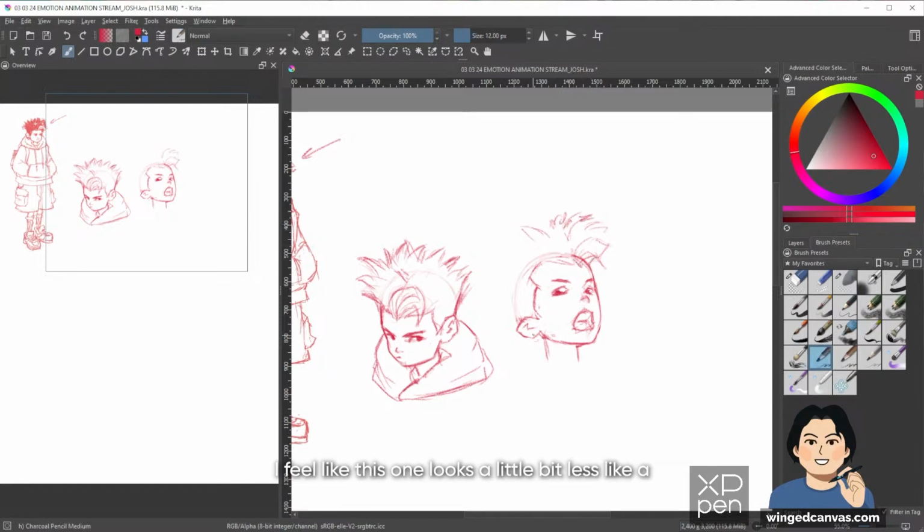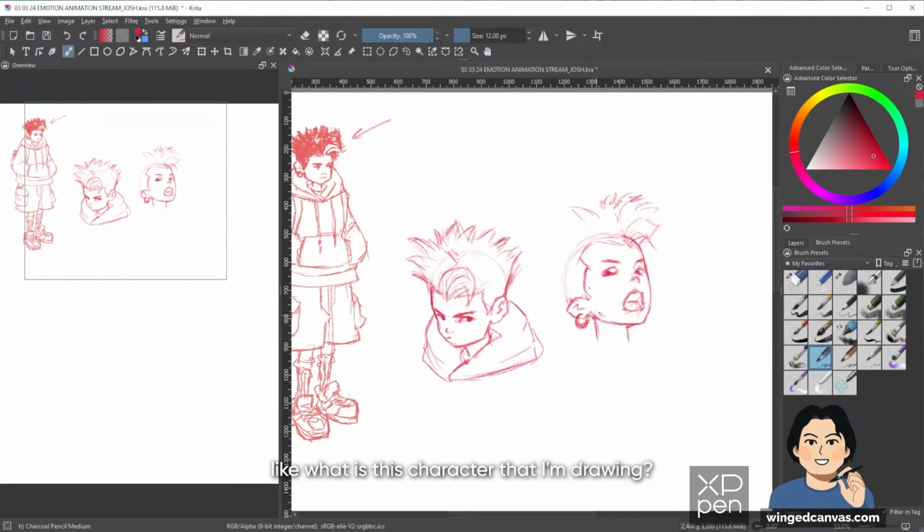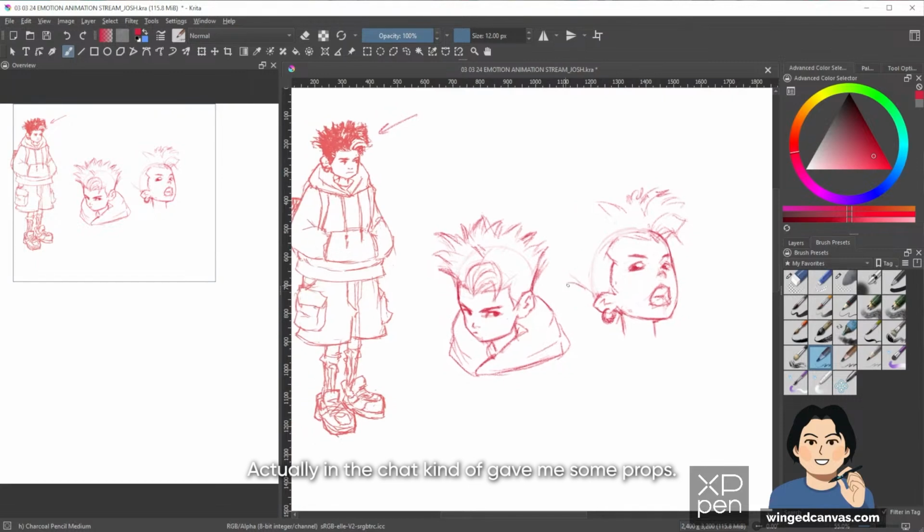Okay, I feel like this one looks a little bit less like Aang. And for those who don't know who I'm drawing, this is based off of the character that we came up with as a group actually. The chat gave me some prompts, and I threw them some suggestions, like what kind of age group or where in the world do you think this person is based?